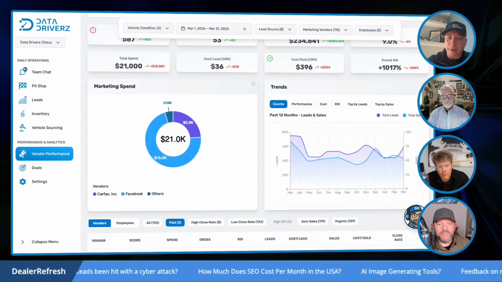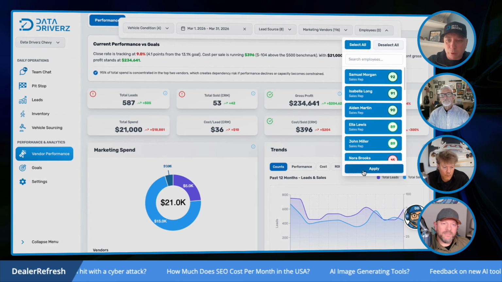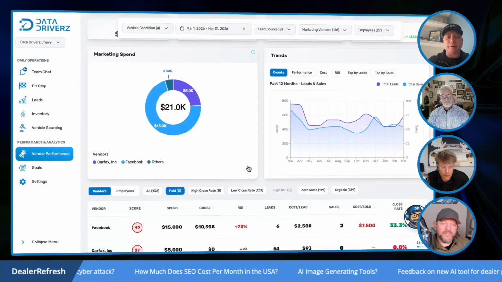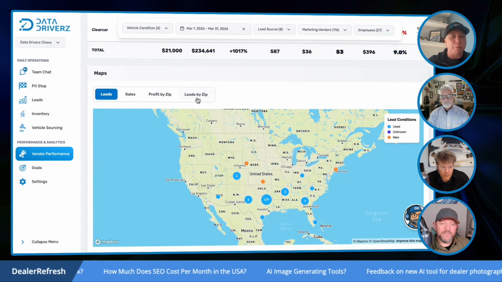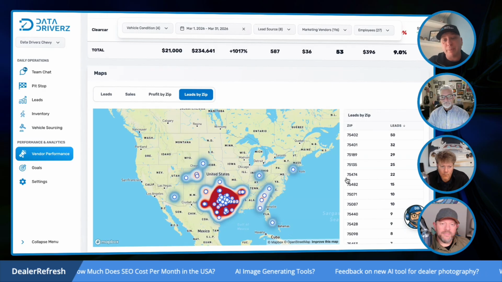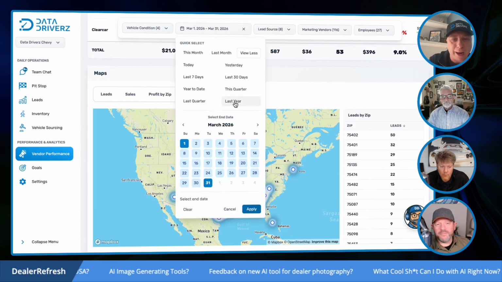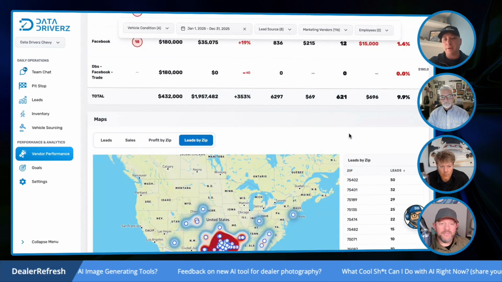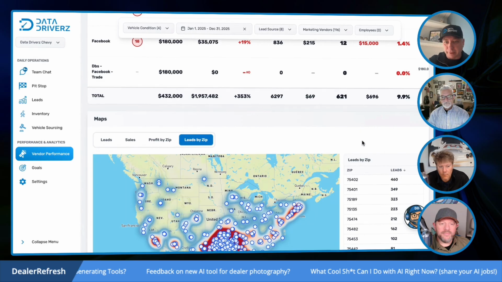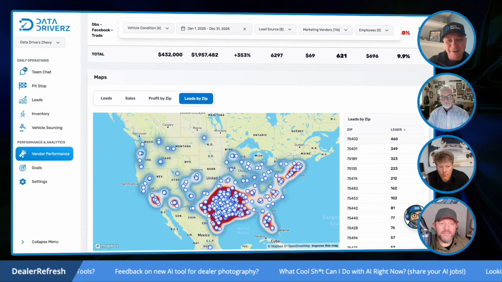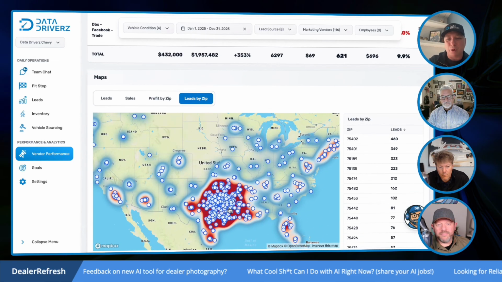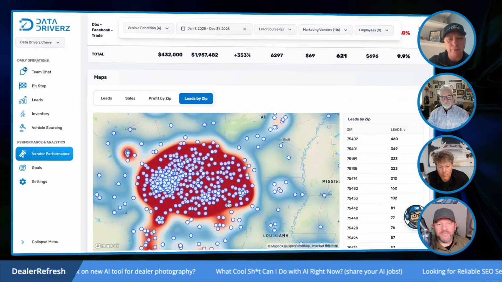I think right now, I'm under a single employee. Let me go the whole dealership. I mean, we're looking at through the lens of being able to really tune in and look at profitability by zip and really understanding where our cars are actually selling. And then if you said, all right, that's great, but show me what it looked like for last year. I mean, literally it's pretty fast. And we could tune into exactly where you're selling these cars.